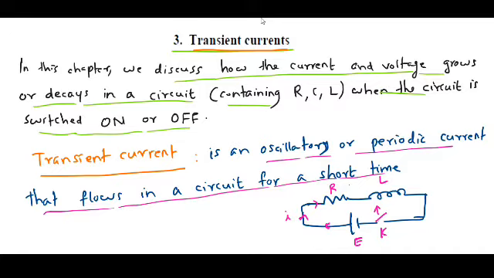That is, the transient current is a current before reaching the steady state. That is, in a steady state, the current and voltage become constant, but in transient state, they change and tend